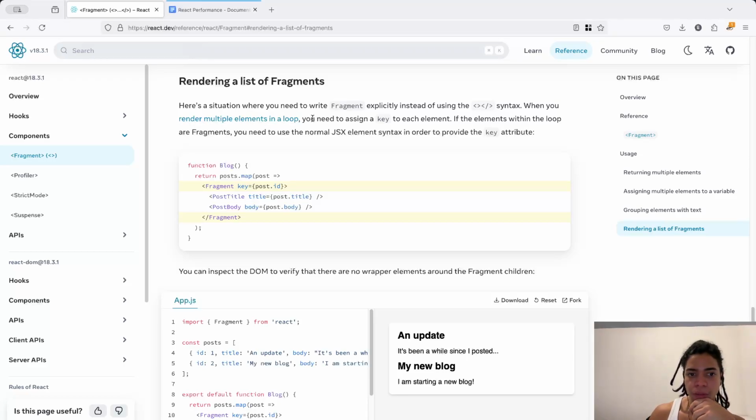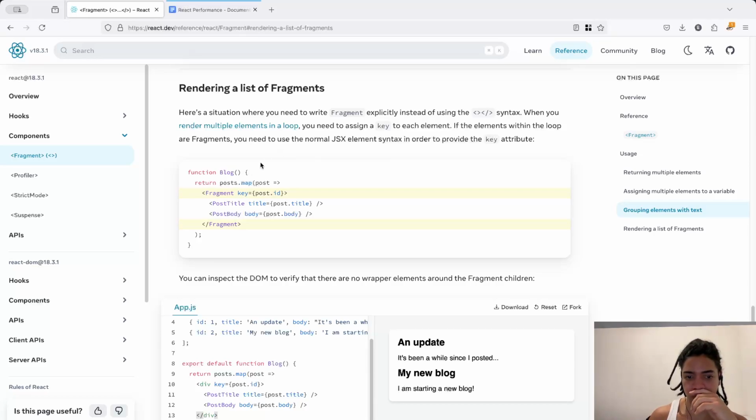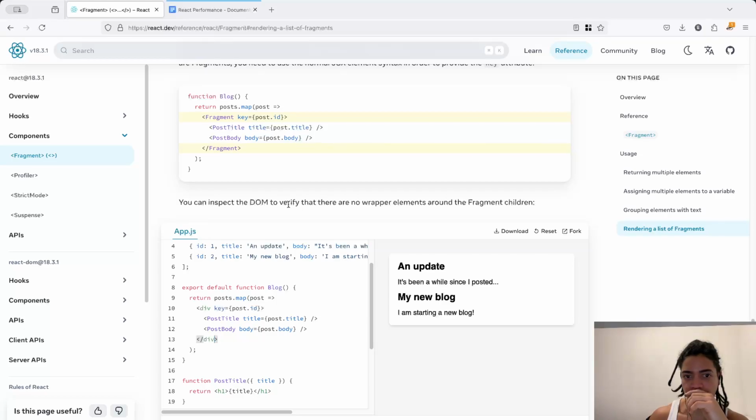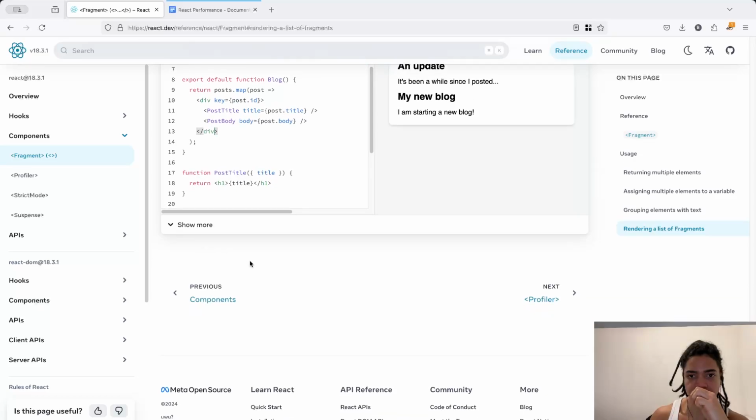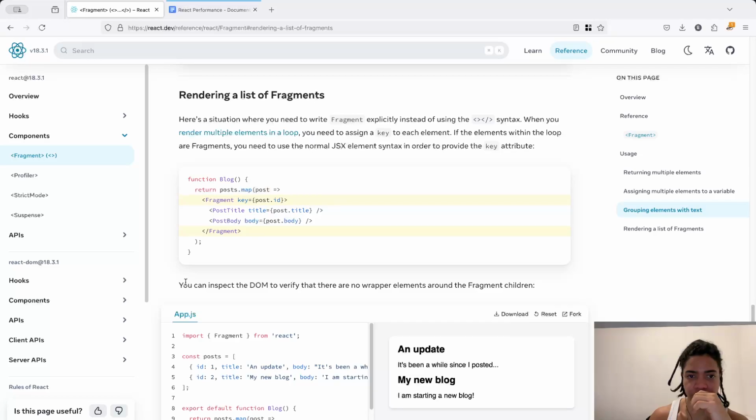You need a key when you're rendering multiple elements in a group. You need to assign a key to each element there. The question is, what if I want to say this? Why not use a div for that? You can inspect the DOM to verify that there are no wrapper elements around the fragment child. Okay, but as a way to not put this element here,